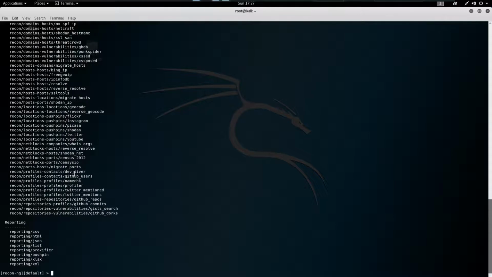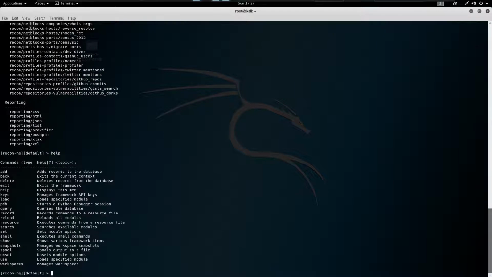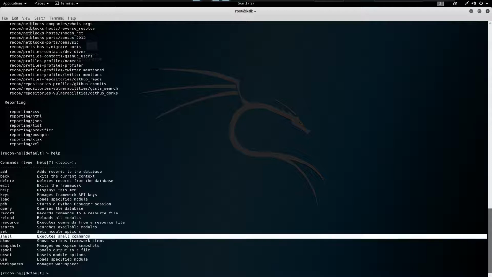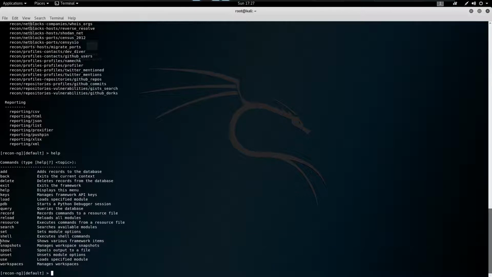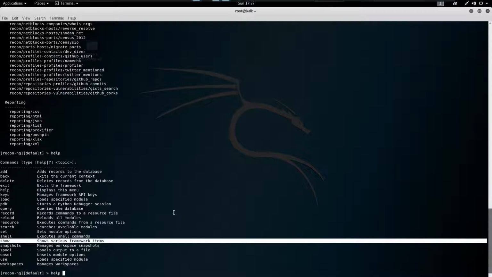Now to know what the different commands are that are available in ReconNG, you can type help and hit enter. It will give you all the commands that are available. Now to know further about these commands, you can simply write help and the command name. Here I am writing show.